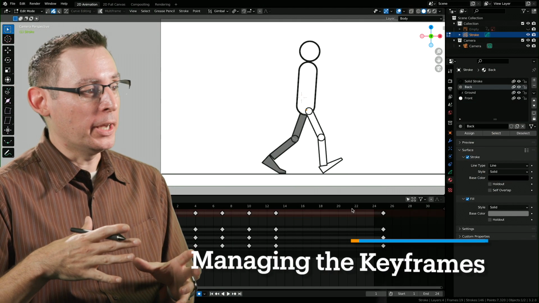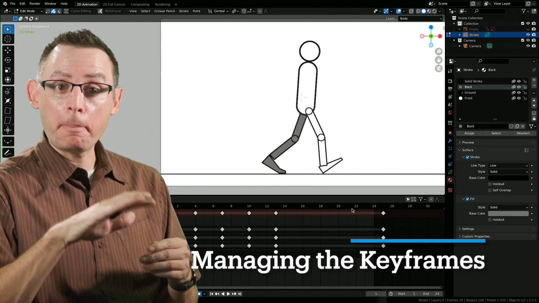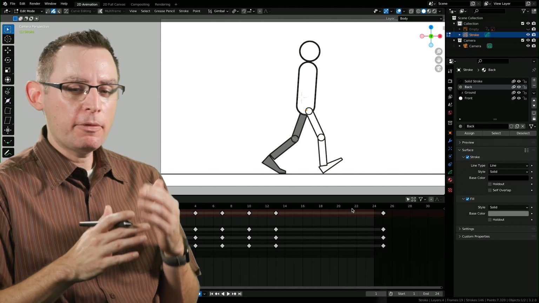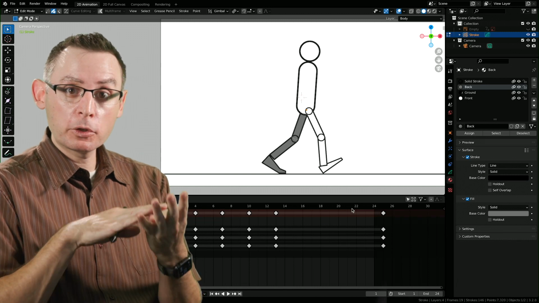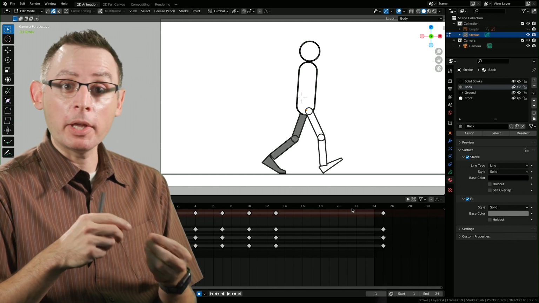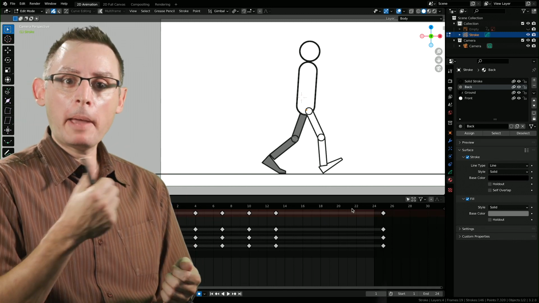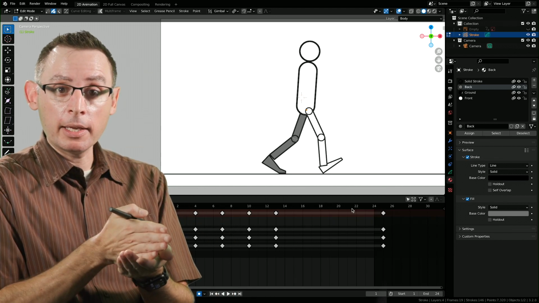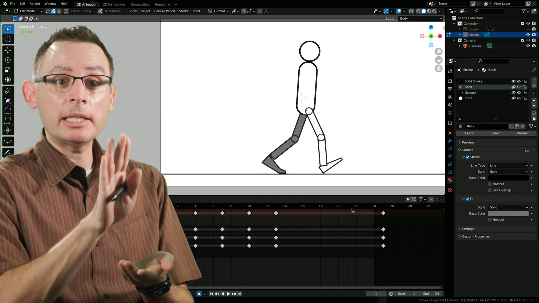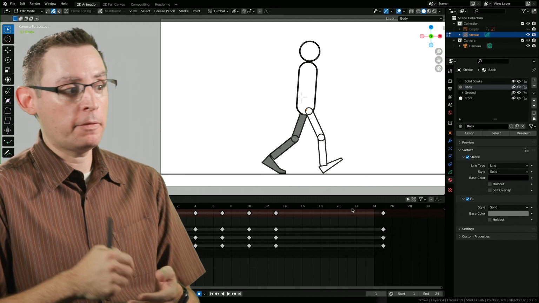With the loop point done, I'm ready to start building the back half of my animation. If you really consider the structure of a walk cycle, the first half, the first 5 keyframes, are identical in the poses, at least, to the back half. Just the legs have been swapped. What used to be the plant leg is now going to be the leg that's taking the step on the back half of the animation.